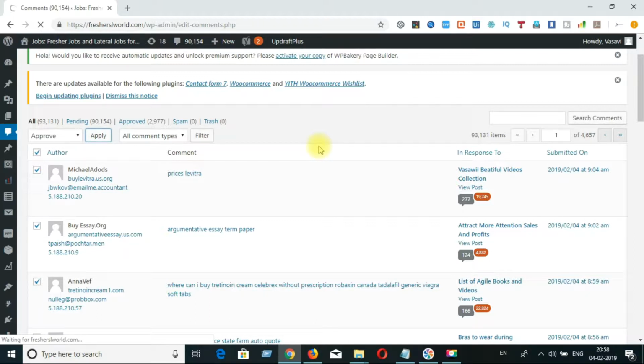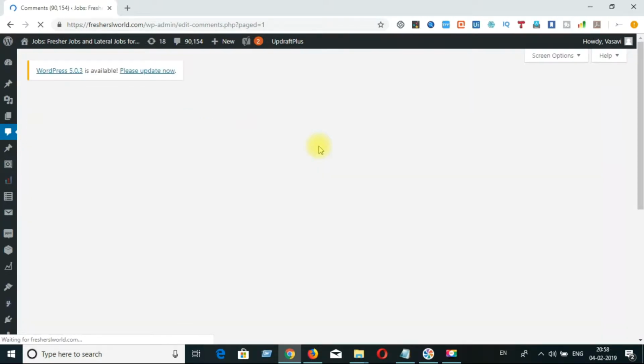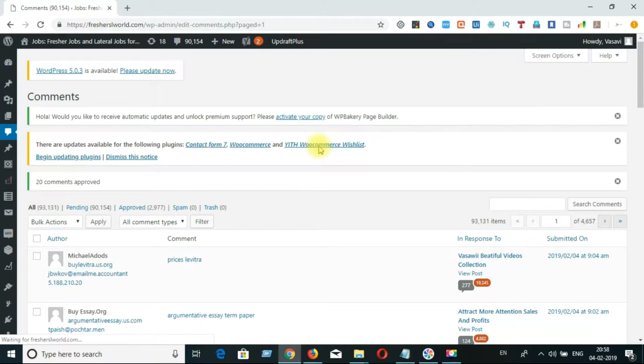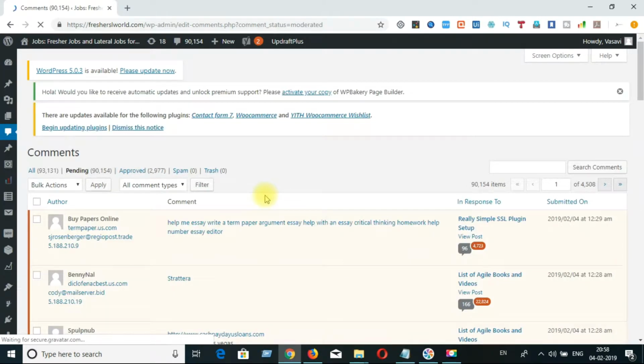But if you start approving just 20 comments at a time, it will take a lot of time. So for that, we need to change the default number of items which we need to approve. Here you can see only 20 comments approved. So to display more than 20 comments at a time within this page, we need to do some settings in the WordPress admin site. What are those settings?